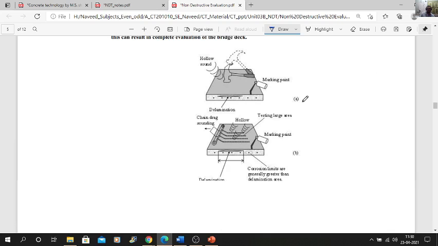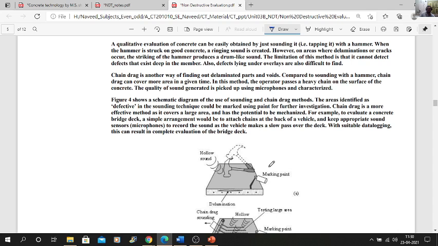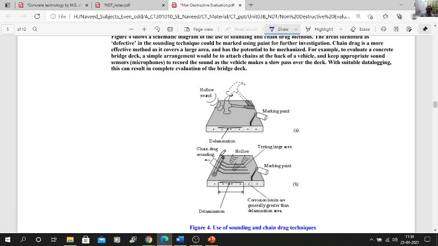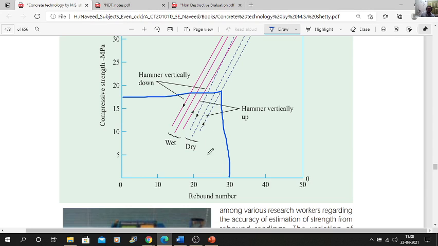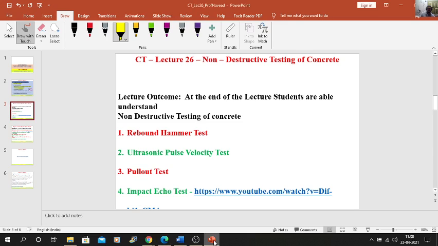By hammering the surface of the concrete, you can know the anomalies or voids in the concrete. You can see it generates a wave, and the wave is collected, and you can come to know the strength or defects or cracks in the concrete. Generally, to know the cracks in the concrete, these methods are adopted.